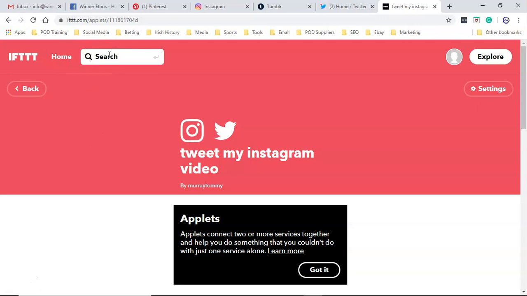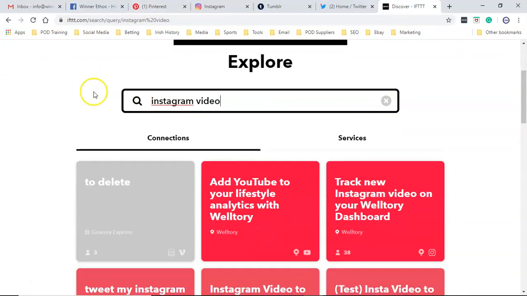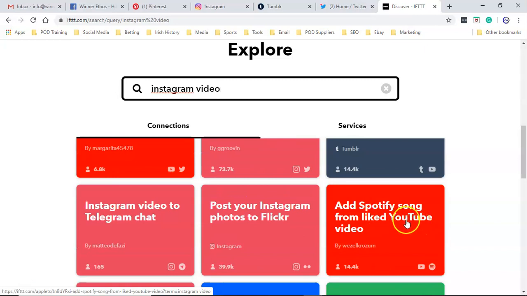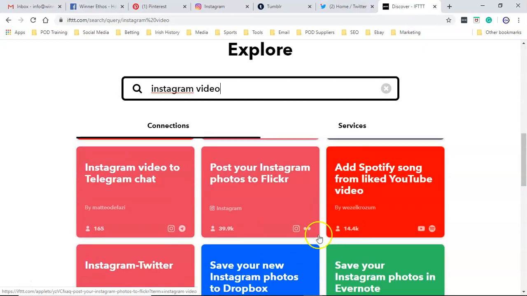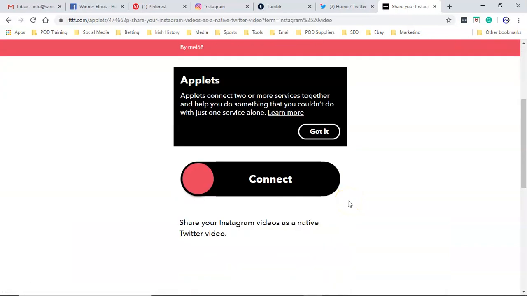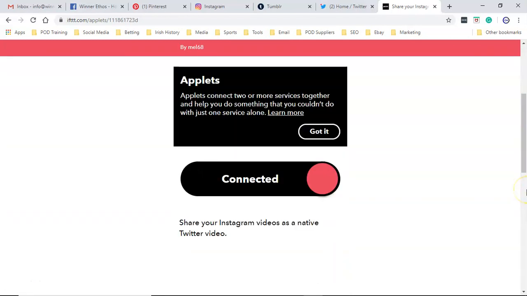What about Instagram video to Pinterest? I don't even know if that's possible. YouTube video to Twitter. Yeah, that's a good one. I haven't set up the YouTube account yet. Post a new YouTube video, uploads to Tumblr. So, you know, when I get my YouTube channel up and running here, I'm going to be doing this. Add Spotify song from linked YouTube video. There's some really, really good stuff here, you know. This could be something. Share your Instagram videos as a native Twitter video. Okay. Right, so